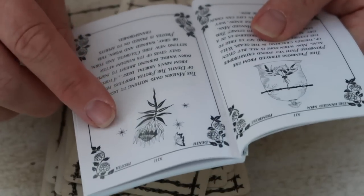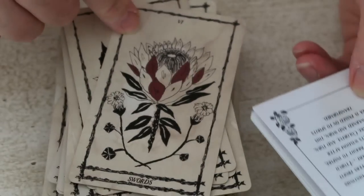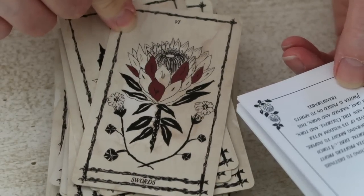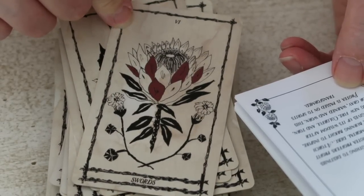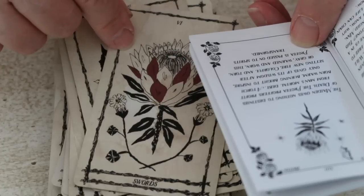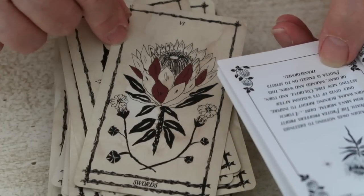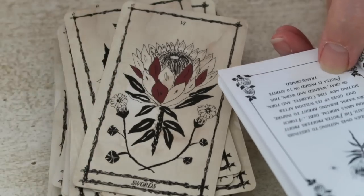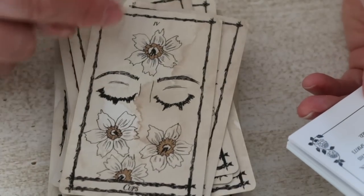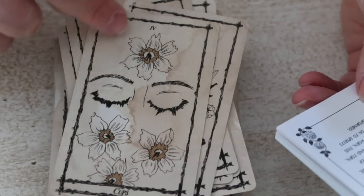So in the Maiden Oracle, Protea is associated with the Death card. And here we have the Six of Swords. So in a sense, both of these cards have to do with new beginnings, but this definitely takes a little bit of legwork to do that, especially because the plants are not identified here. Here, for example, is the Four of Cups. So this one's fairly easy to identify as Narcissus,